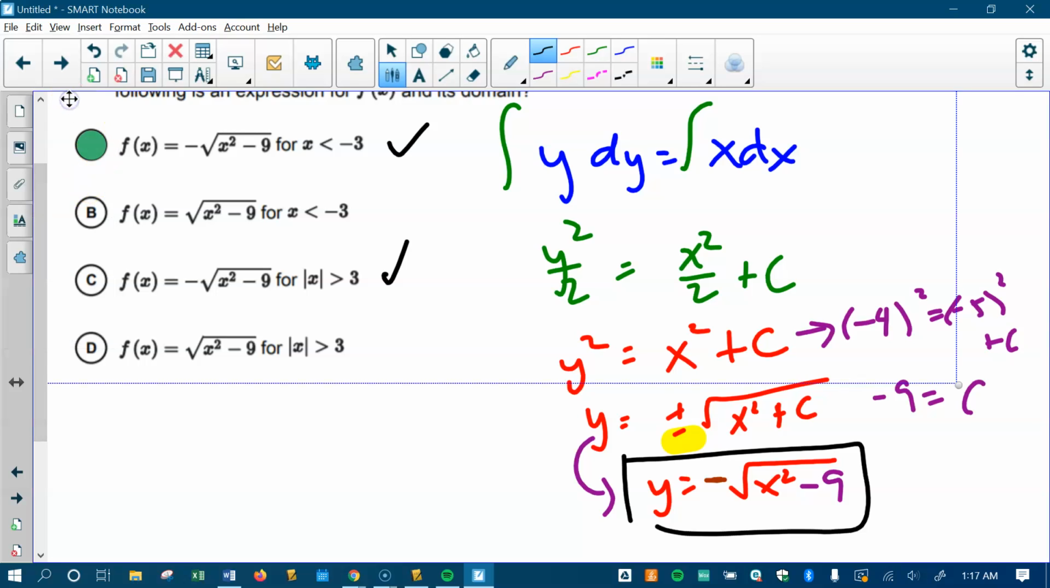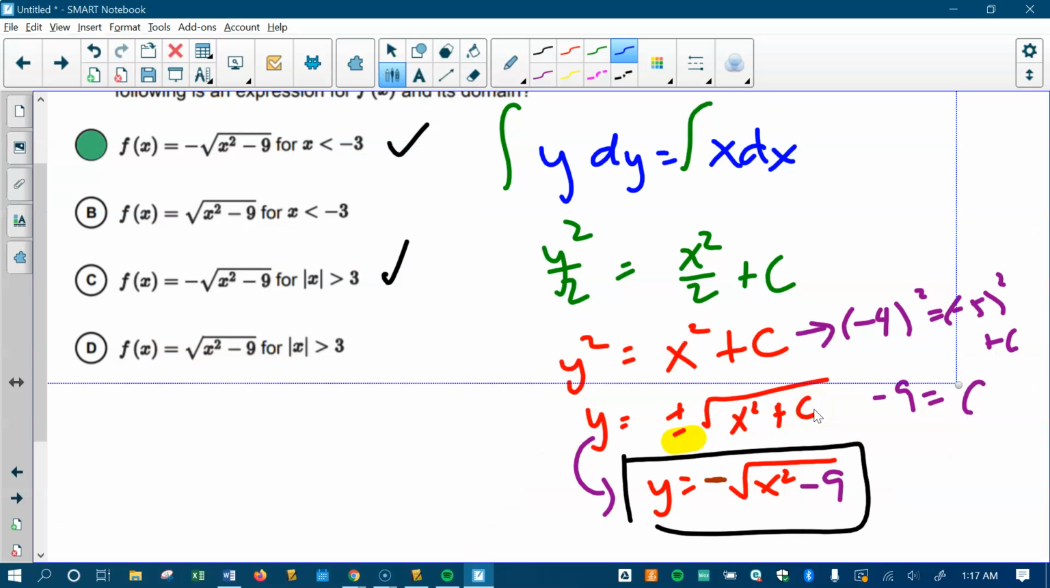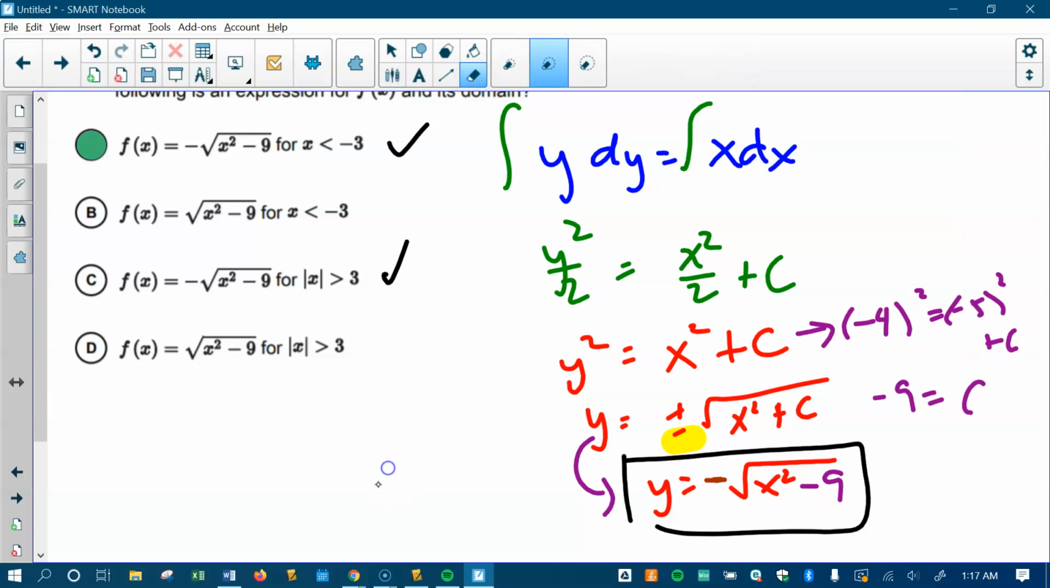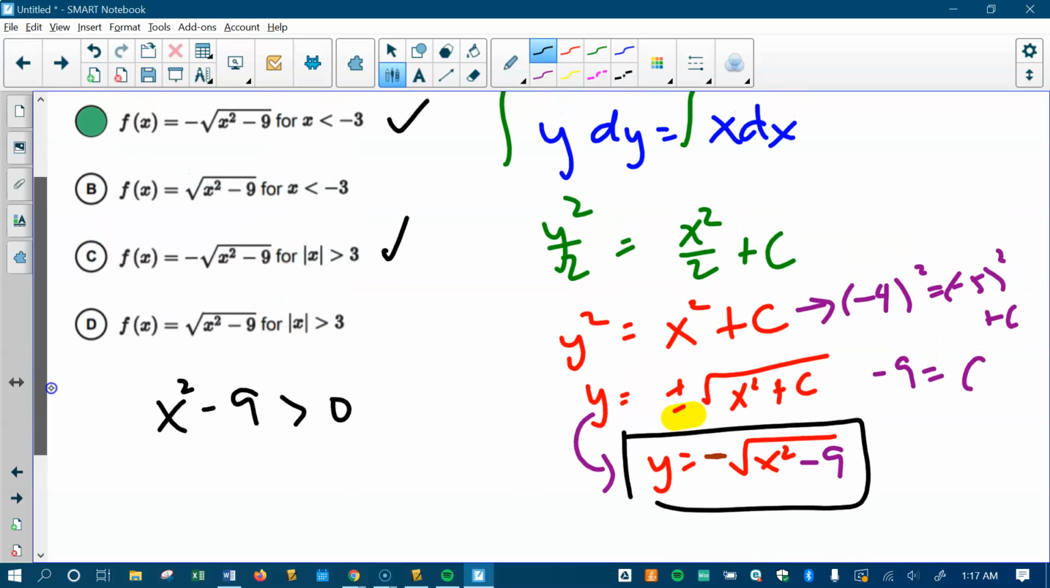So here's how I would do the domain here. It looks like the graph had a domain for where x is not only less than negative 3, but also greater than 3. And I feel like AP might have had a wrong answer on this one. So let's do some math here to see what the right answer is for the domain. We want x squared minus 9 to be greater than or equal to 0, because if we have any value that cannot be plugged in